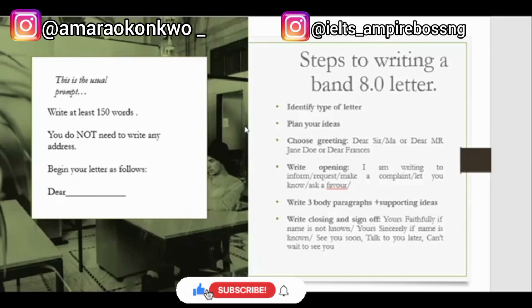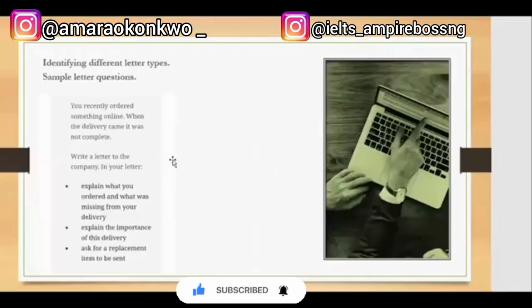It's very easy. They've already given you an idea of what to do here. So for instance, let me go back to the previous slides. How to make your plan. On your question booklet, you can just write your ideas beside these bullet points. Let's look at this question. You recently ordered something online. When the delivery came, it was not complete. Write a letter to the company, explain what you ordered and what was missing from your delivery. Explain the importance of this delivery, ask for a replacement item to be sent. So all you need to do in your plan is just to